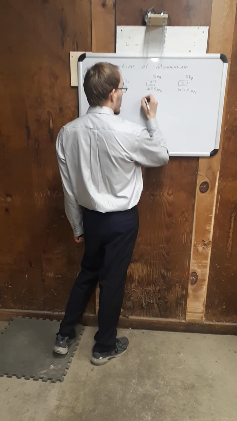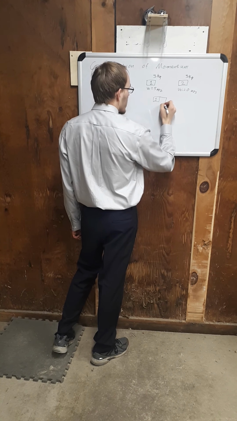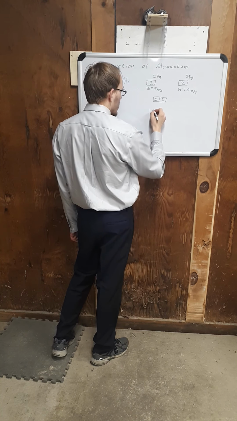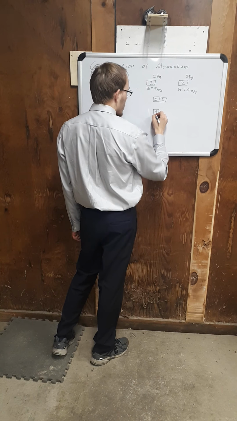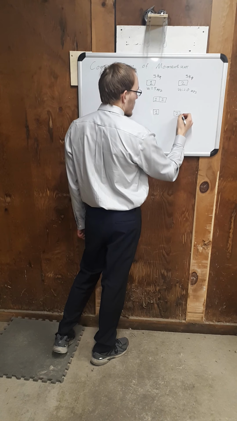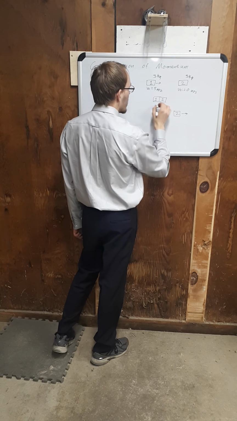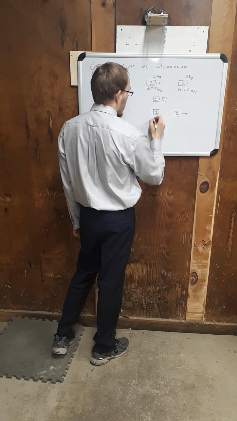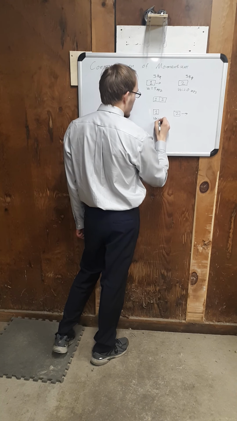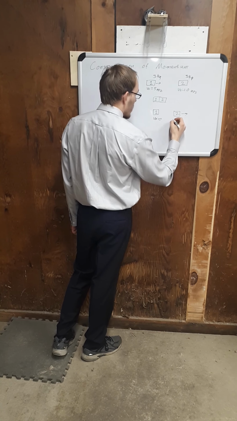So at that point, all of the energy from block 1 will be transferred into block 2. And then after the collision, block 1 will be stationary, and block 2 will be over here somewhere, moving away. So block 1, initially it's moving towards block 2, they collide, block 2 is moving away. So now the velocity 1 final will be equal to 0, and if we want to calculate the velocity 2 final,